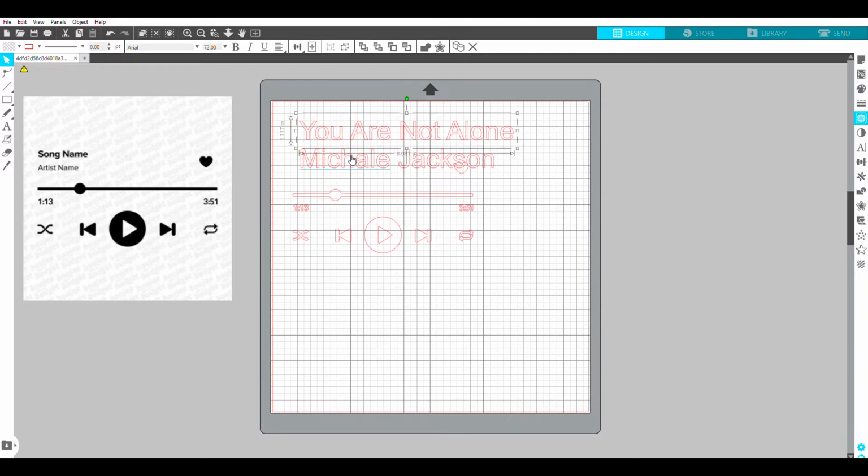But we do want to adjust the font size as well. So we minimize the font size. This Michael Jackson should be a little smaller. That's right. And You Are Not Alone should be much smaller as well. Get those words parallel. So this is the pattern we're gonna cut, and now we can click send to send